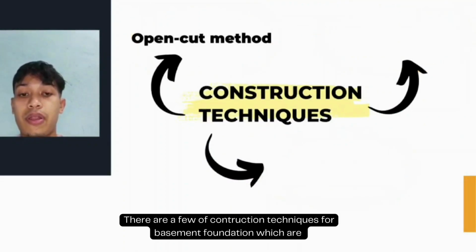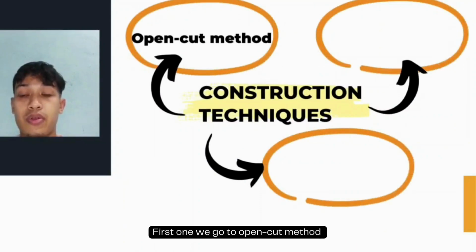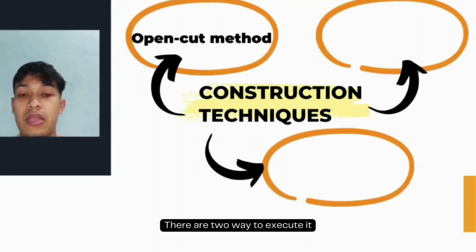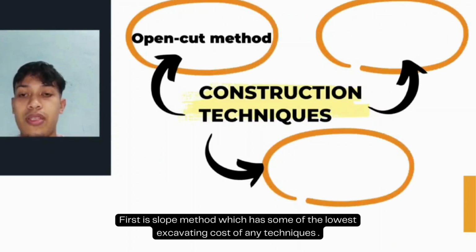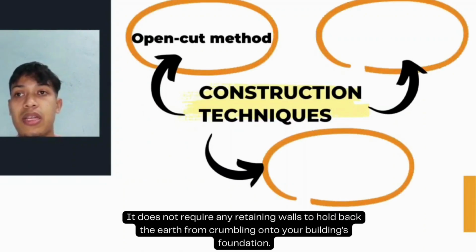There are a few construction techniques for basement foundation. First, we go to the open cut method. There are two ways to execute it. First is the slope method, which has some of the lowest excavating cost of any technique. It creates an excavated area with walls that slope downward. The open cut slope method does not require any retaining wall to hold back the earth from crumbling onto your